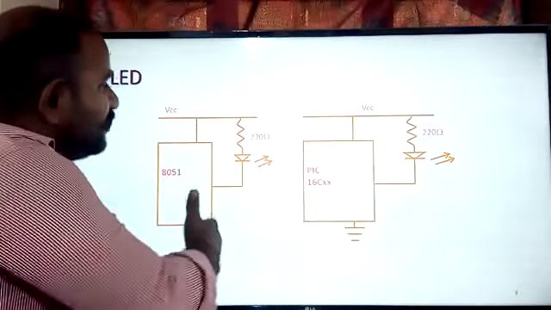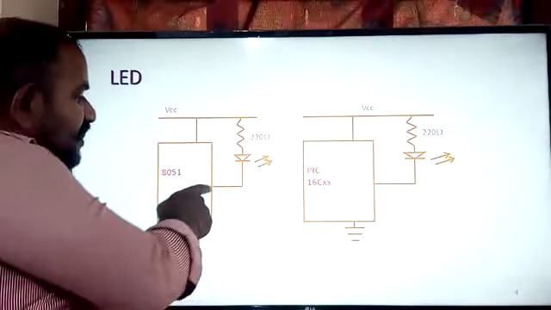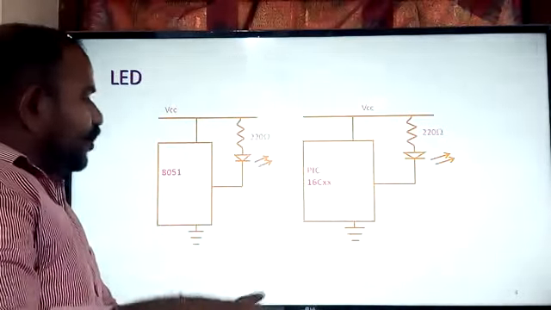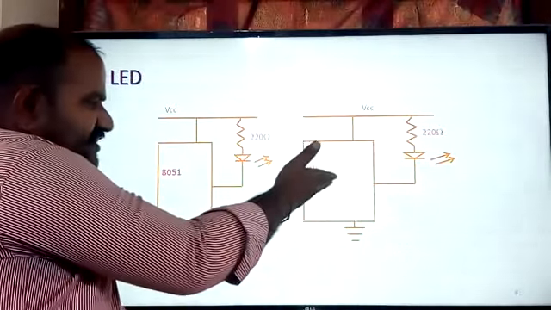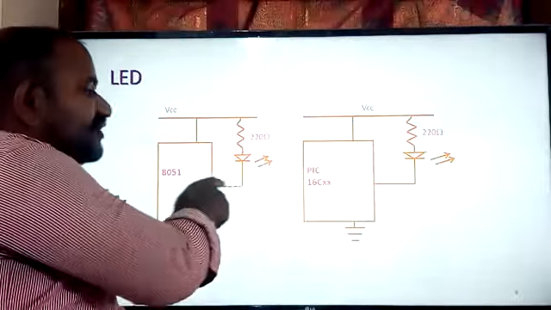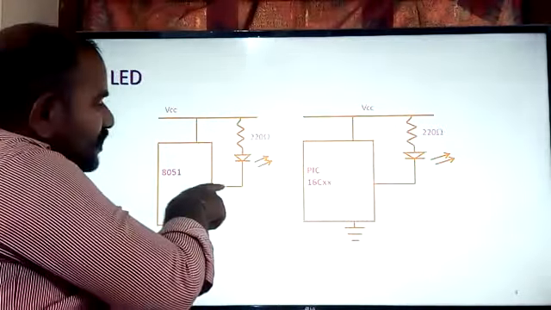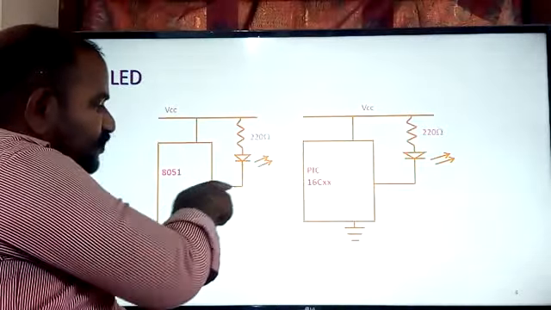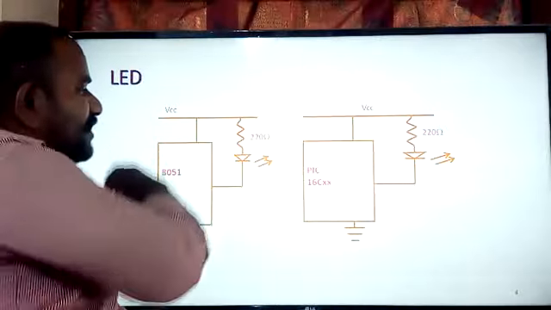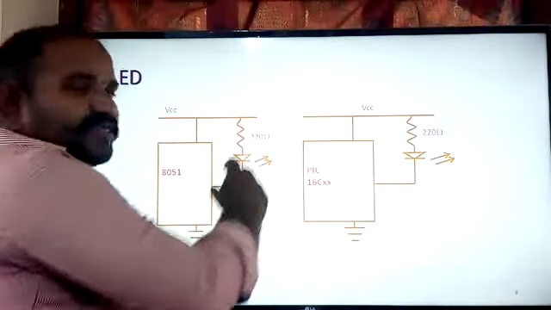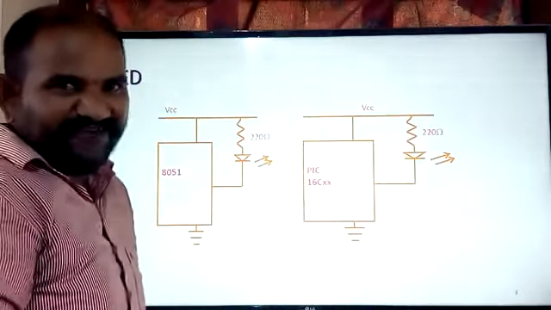So here what you are trying to do is send information to the output world, because in general, if you are pressing the reset button, this particular pin of the microcontroller, whether it is a PIC or 8051, is acting as an input pin. Input pin means plus 5 volts. This one is plus 5 volts, which is the cathode of my diode, and the anode of my diode is already connected to the plus VCC. So both terminals of the LED are connected to the plus 5 volts power supply.